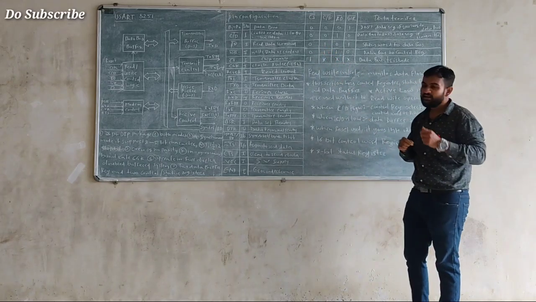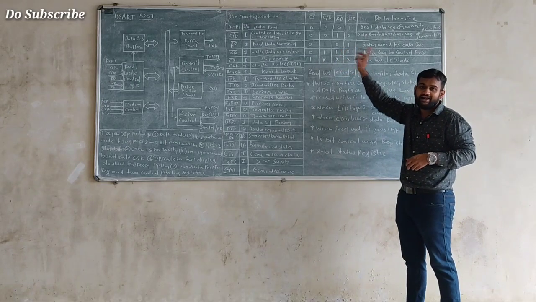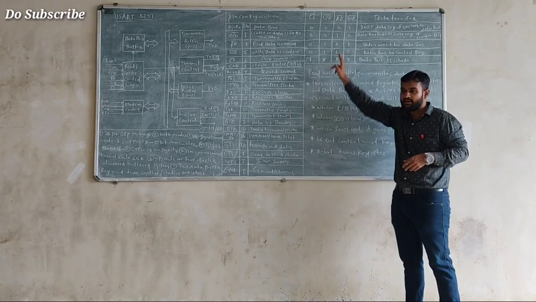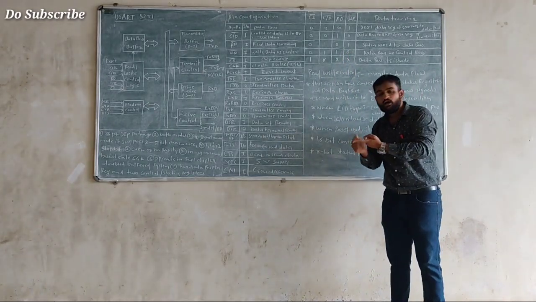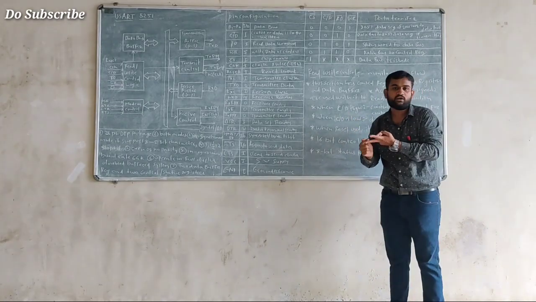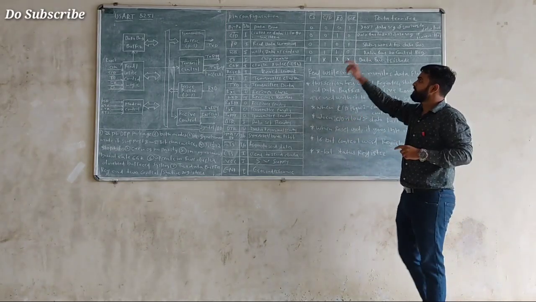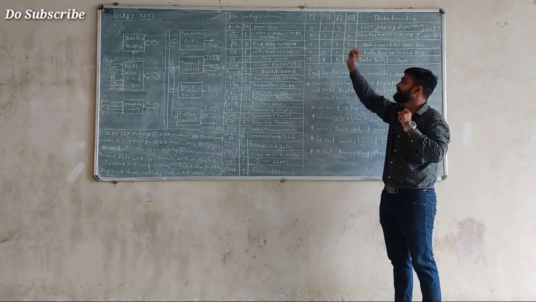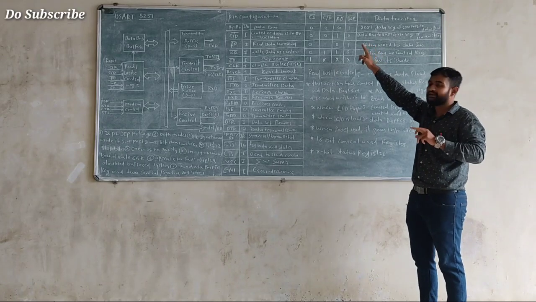Now we simply change the values of the RD and WR, read and write pins. By changing the values of these two pins, we are going to transfer the data, receive the data, check the status of data, or select the control registers. So how are we going to change the values? In the first case, we have placed the value of CS at 0, CD at 0, RD at 0, and WR at 1.